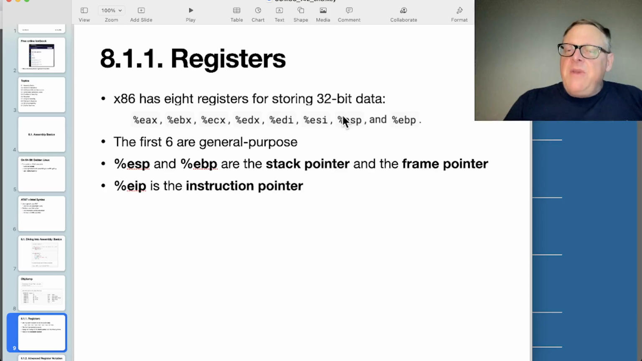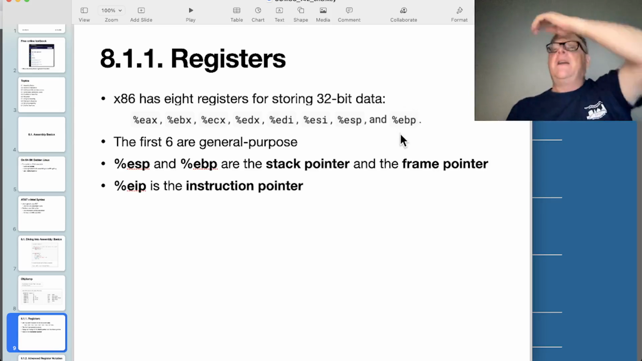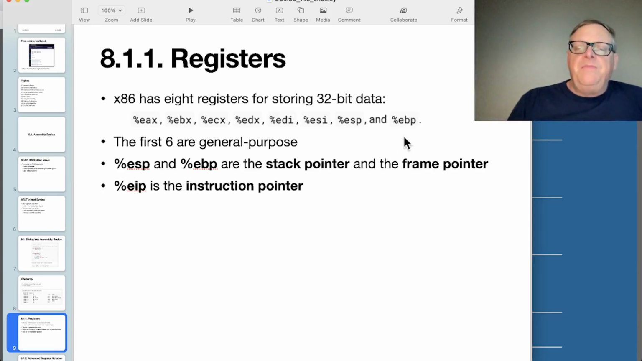ESP and EBP are the top of the current stack frame and the bottom of the current stack frame. Is the frame pointer the same as the base pointer? Yes, that's right. You can call this the frame pointer, exactly. So EBP is the frame pointer, points to the bottom of the current stack frame, and ESP points to the top of the current stack frame, and that's the area where you put local variables. And EIP is the instruction pointer, which is the address of the next instruction to be